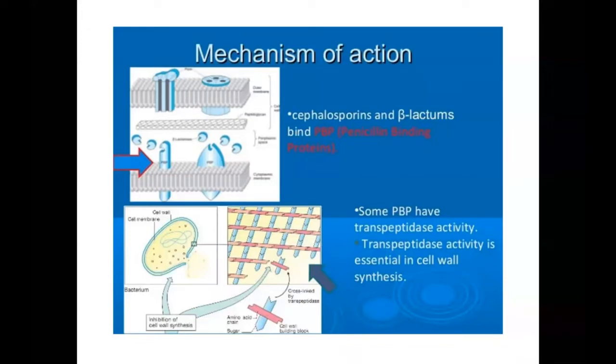It also explains the difference in potency, and it also explains the lack of cross resistance between penicillin and cephalosporin, because cross resistance will not take place: the penicillin binding protein to which penicillin binds is different from the penicillin binding protein to which the cephalosporin binds. And you know that these penicillin binding proteins have the transpeptidase activity, and this transpeptidase activity is again essential for the cell wall synthesis. And beta-lactam antibiotics, all these drugs, inhibit the transpeptidase.